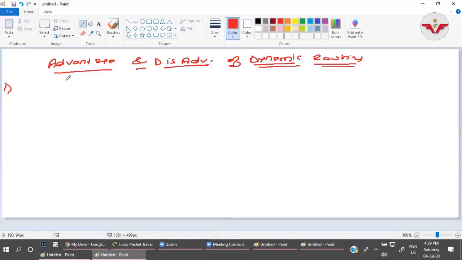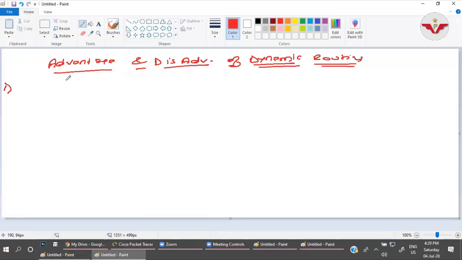Now, if we keep in mind the advantages and disadvantages of static routing, we will compare them with what we get in dynamic routing. The first thing is it is suitable in all topologies where multiple routers are required. If you are using a large network and you have multiple routers, 10, 20, 50, 100, 500, that doesn't matter. It is suitable for that kind of topology because you are not going to give manual entries for each and every network.